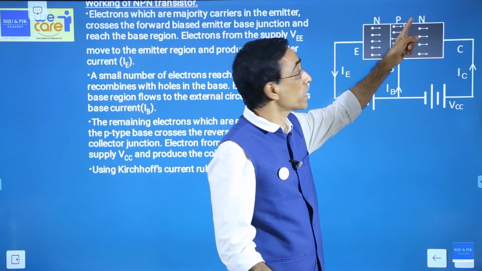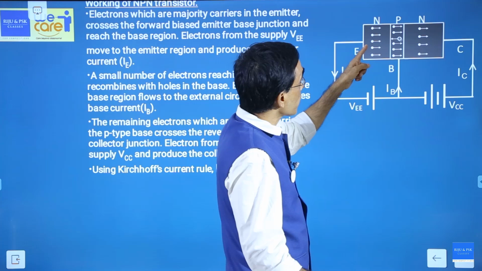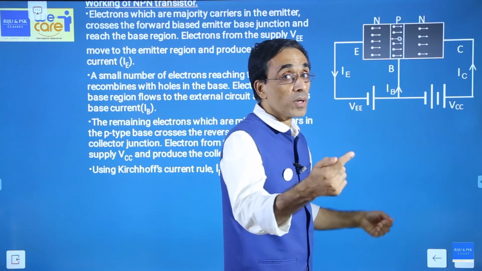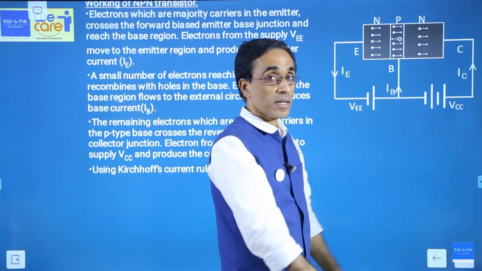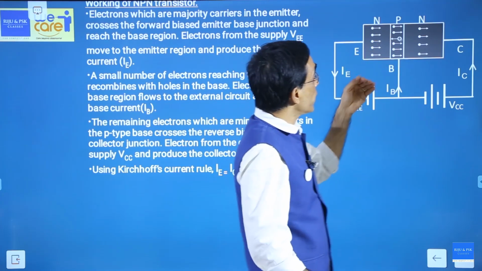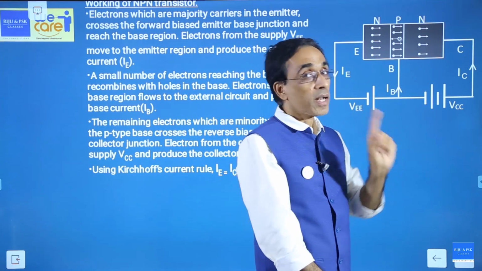The base is a p-type semiconductor, and electrons are minority carriers in the p-type. So those electrons, which are majority in the n side, reach the p side. That's what we call minority carrier injection. Now here they are minority. Now when they come here, they see another junction, and that junction is a reverse biased one, and reverse biased